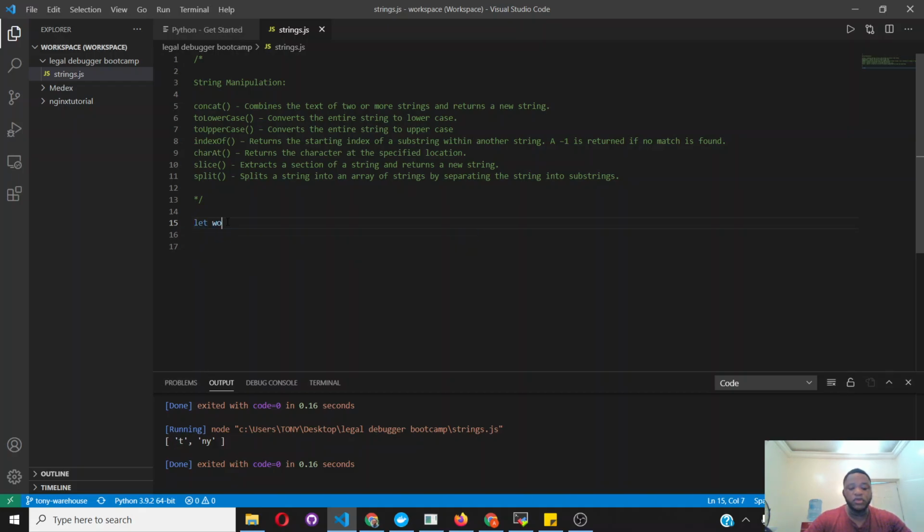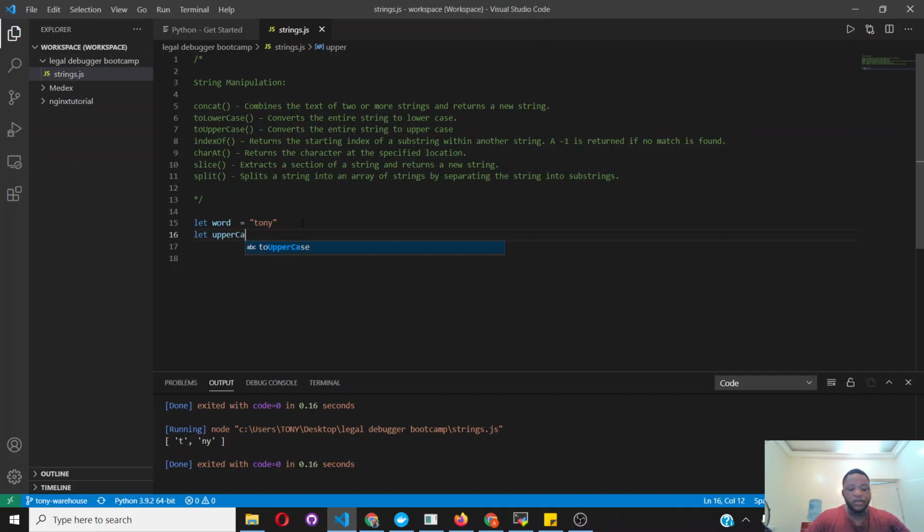I'll create a variable called word and I would assign my name to it. So as usual, my name is Tony. Now there are a lot of things we can do with this variable, right? Outside just declaring it. And one of the things we did in the last video was to have an uppercase version of this word. So easily come here, log, or instead of logging things out, let's create another variable. Let's call it let upper